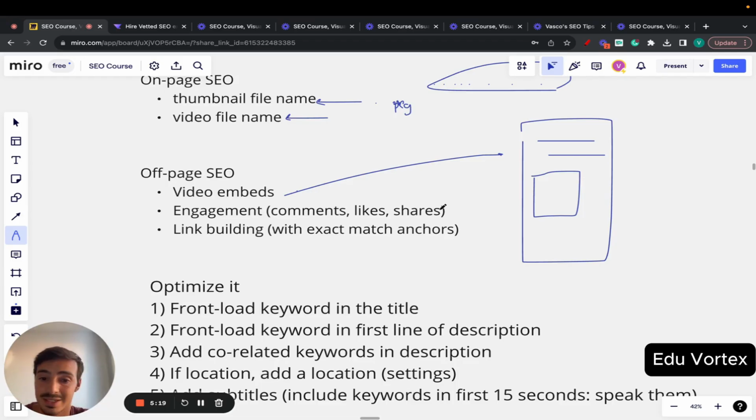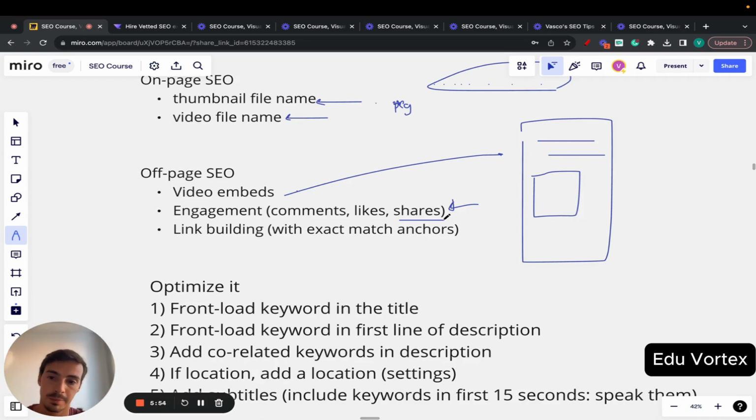Then engagement: likes, comments, shares. Ideally, have them organically, replying to every comment, liking every comment, but you can also buy these on marketplaces. Just type in buy YouTube comments, buy YouTube likes, buy YouTube shares. Be careful with this, but of course engagement does work, shares do work, because if Google sees this video is getting a ton of likes, engagement and social sharing, people are enjoying it, maybe we should rank it higher. Just like social signals work, and we have a video solely on social signals for websites, they also work for videos. The shares, the likes, the comments, the engagement does boost videos up in the rankings.